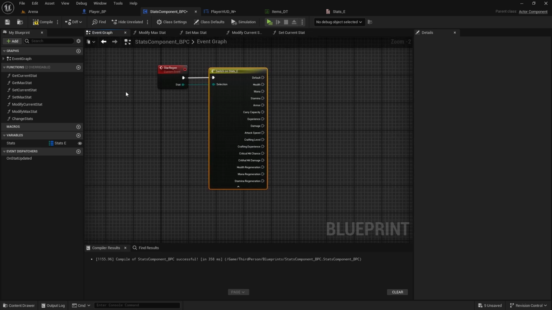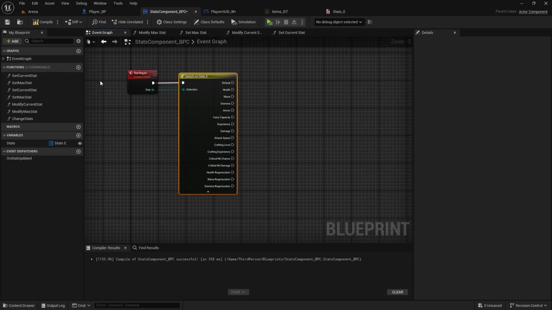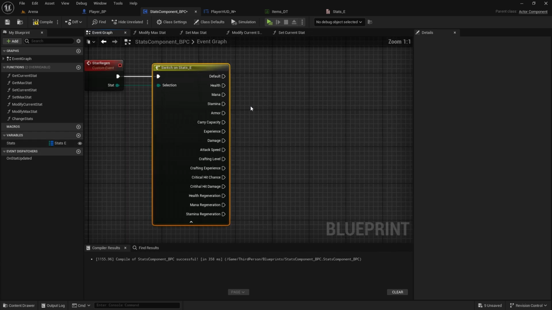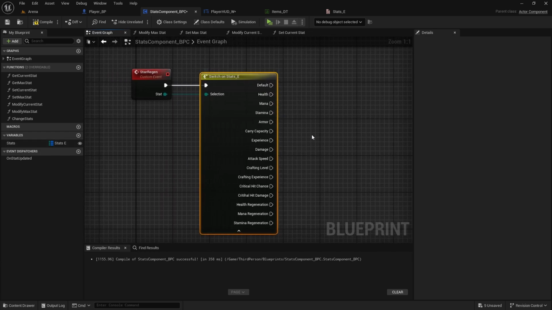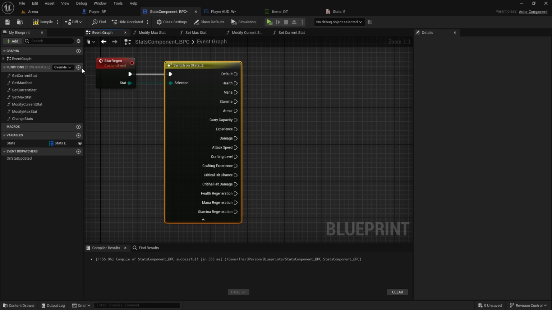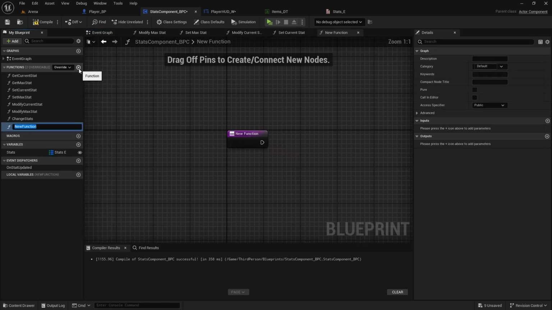So we need to set up the function to regenerate each stat, but we can't do it in a modular way, with one function for all of the stats, because we need to set a timer on that regeneration, and the timer won't let you select the input variables from the function. So that way we need to create regeneration for health, mana, and stamina separately, okay? So what we're going to do is create a function called regenerate stamina,